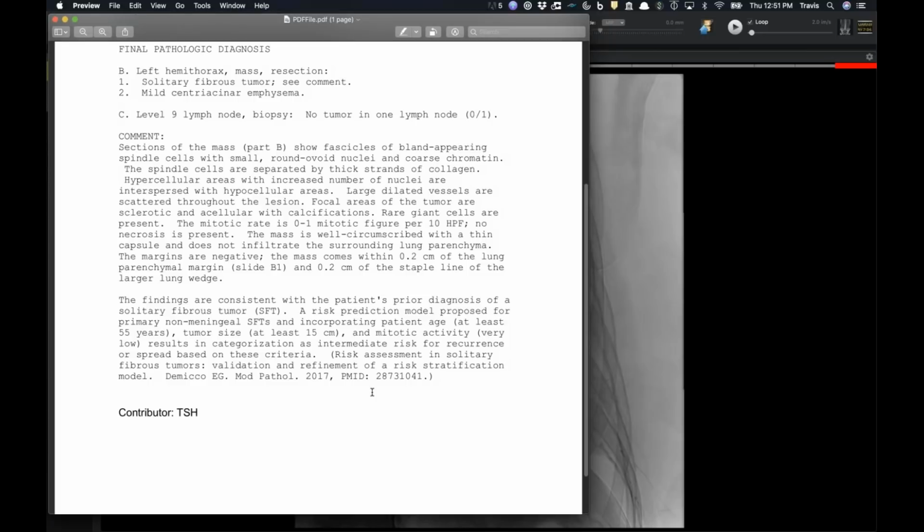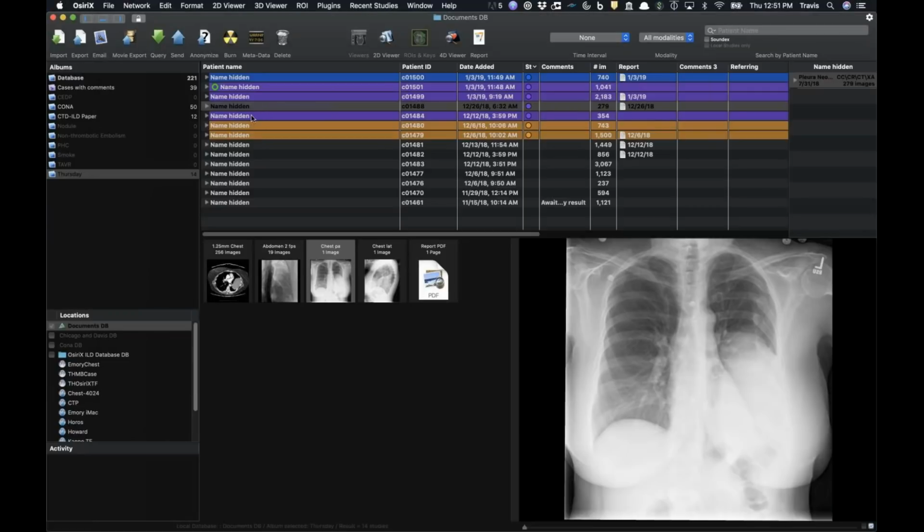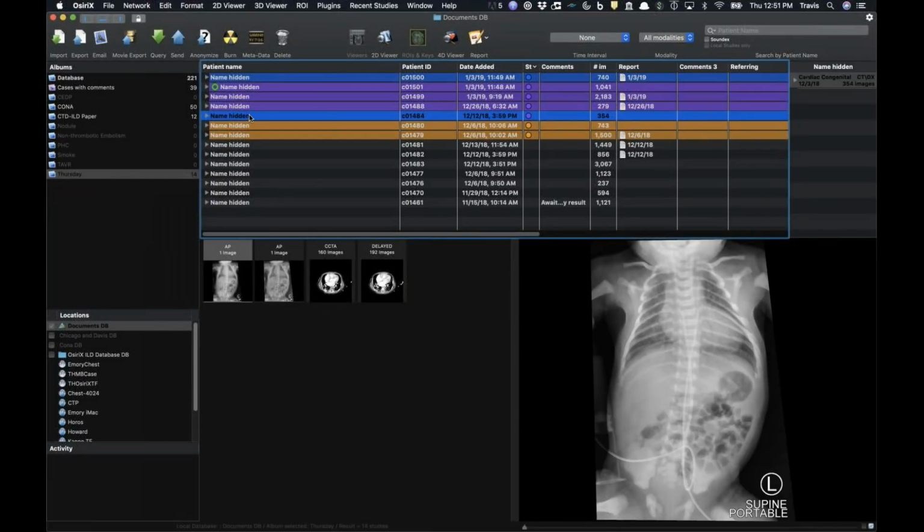So that was another thing I wanted to bring up. So good question. I thought that was interesting. Oh, that's interesting. So, all right. So just a big fibrous tumor. I'm going to skip that one. Let's do